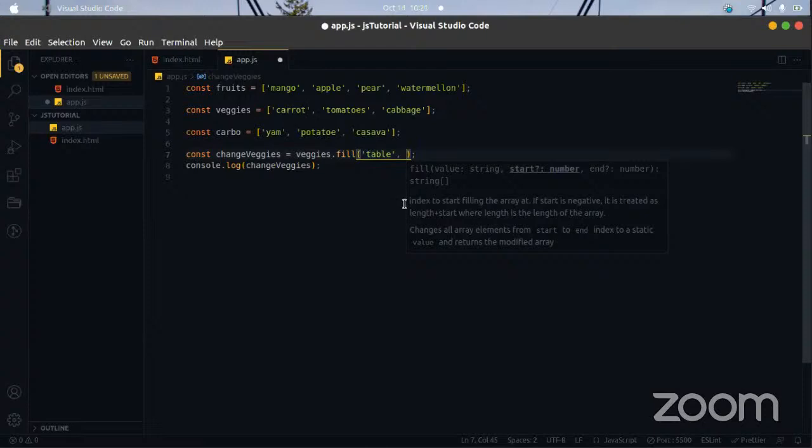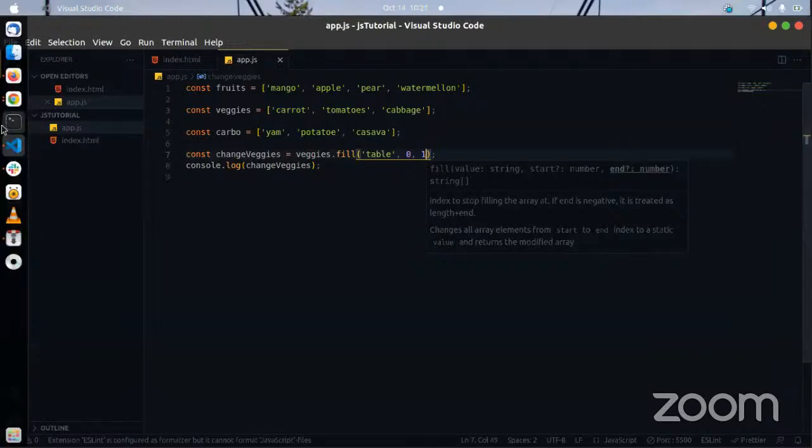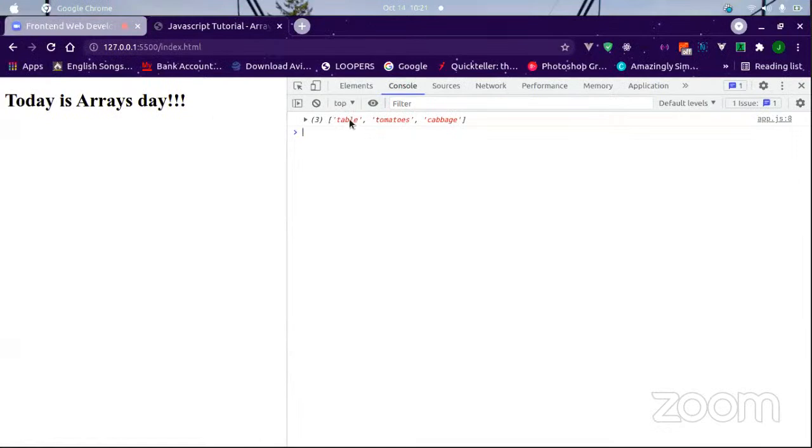We could say 0, standing for the first element, and then 1, meaning that the change is not going to get past the first element. It's just going to stop there. If we save this and check in our browser, we see that it's only carrots that was changed.